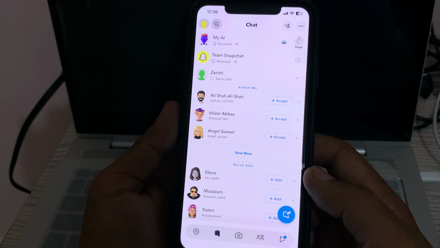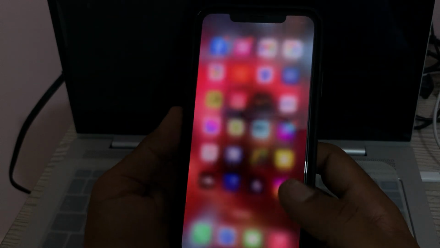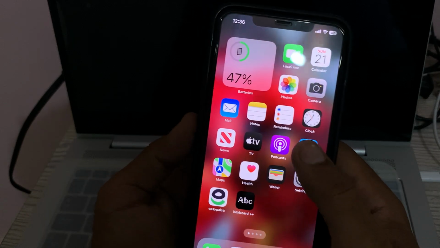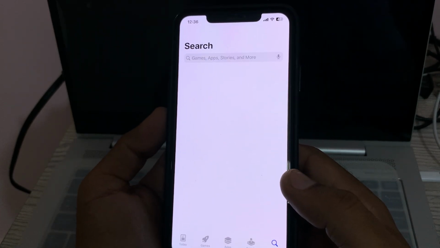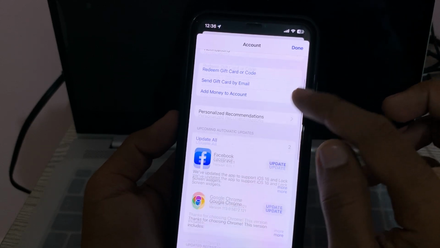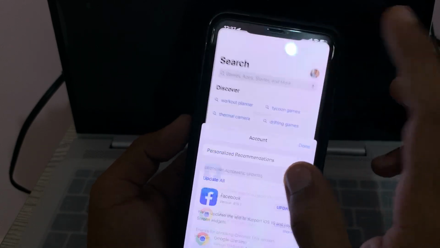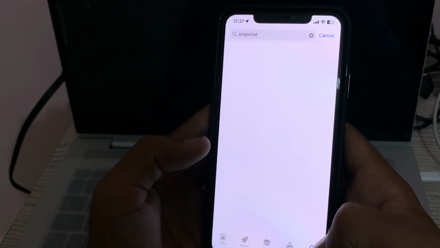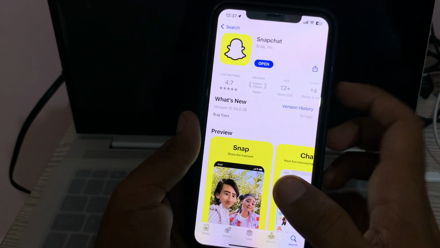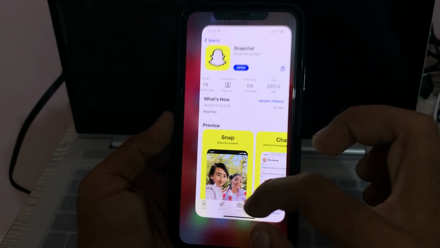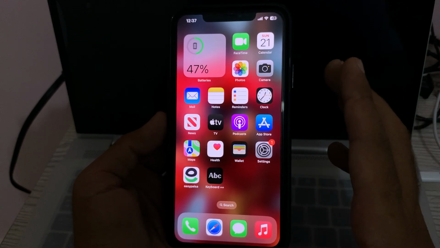So guys, first of all, update the Snapchat app. So for this, go to App Store, tap on the profile icon in the right corner, scroll down to check for updates and simply search Snapchat. Here is Snapchat. So guys, if you have not updated, I have the latest version of Snapchat. And then after this, the next solution is